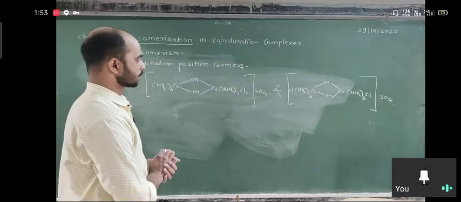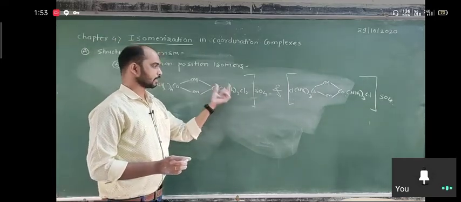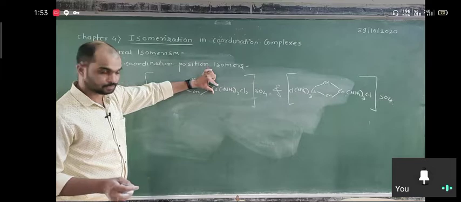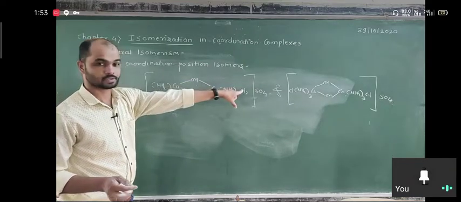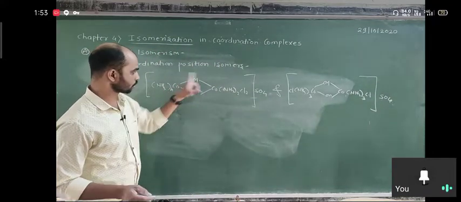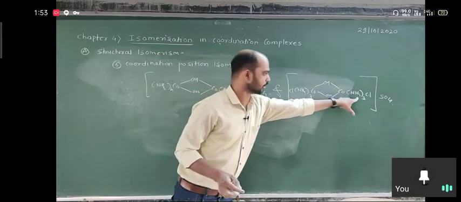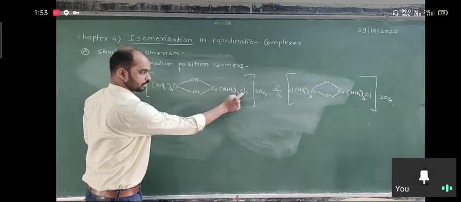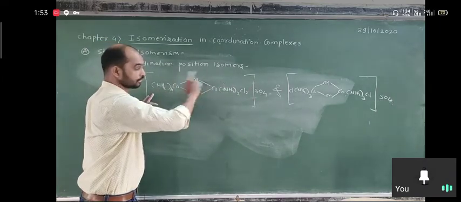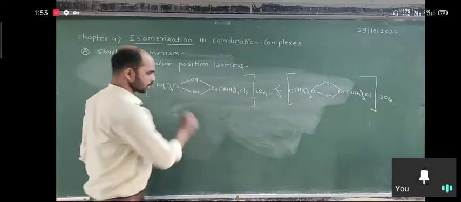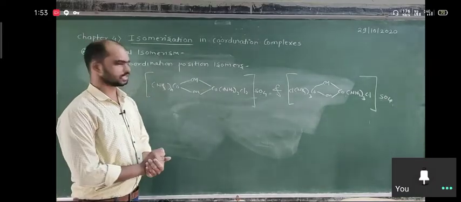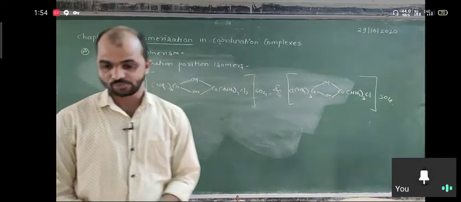So in bridging complexes, if one of the ligands changes position in the second case: both Cl are attached here in the first case, but in the second case one of the Cl comes to another position, and out of 4 NH3, 1 NH3 goes to the other position. So out of 2 Cl, 1 Cl comes here and 1 NH3 goes there, just altering the positions of ligands with each other in bridging complexes. The relation between them is coordination position isomerism. It is very easy.